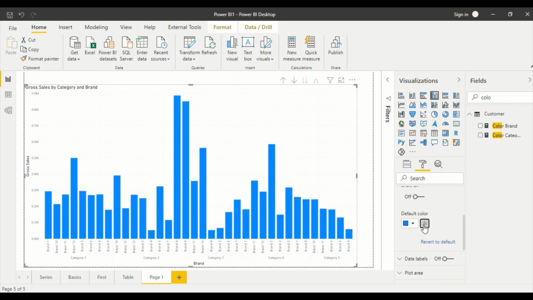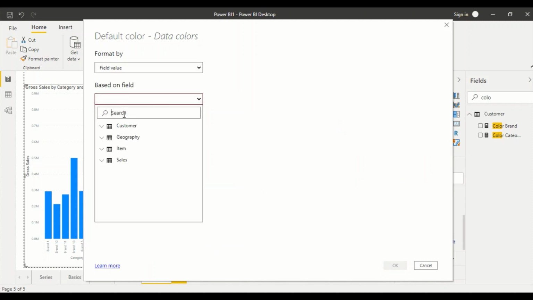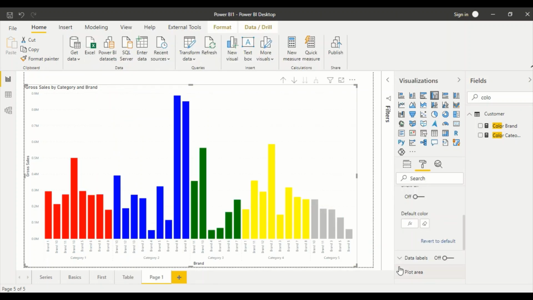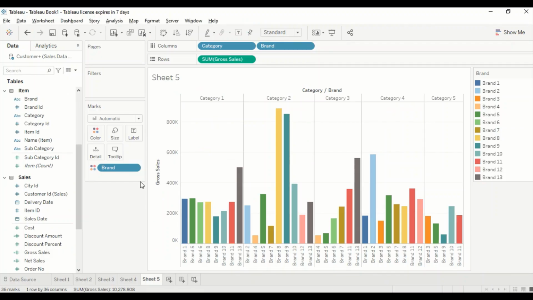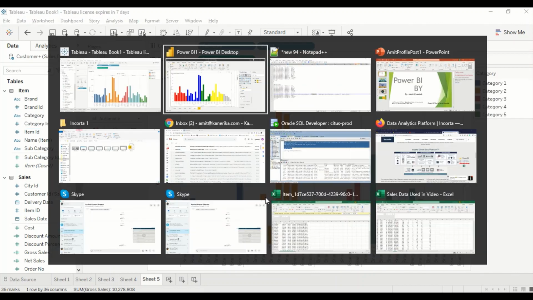Now I unchecked it, and let me try if I can do that on category. Does it work out? So I'll go ahead and search for category. Now I need a color category, and in the color category I selected it, and similar. See, that is what we have done there. For the brands we have shown the same category color as the same one. So let me go back again and once again show you, we drag it back. We drag it here. Okay, same kind of stuff out here.